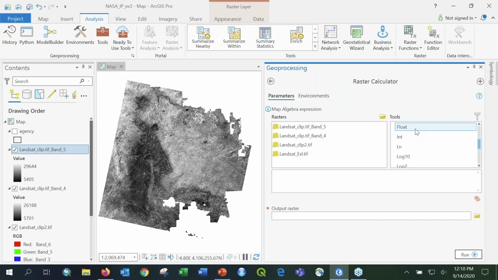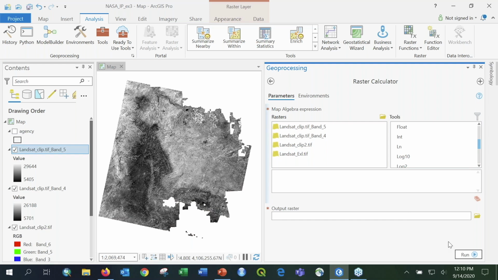So that's going to be really important to include as well. Once you click on these things, your mathematical expression will be generated down here, and then you'll be able to save your output raster. So let's go through and create this